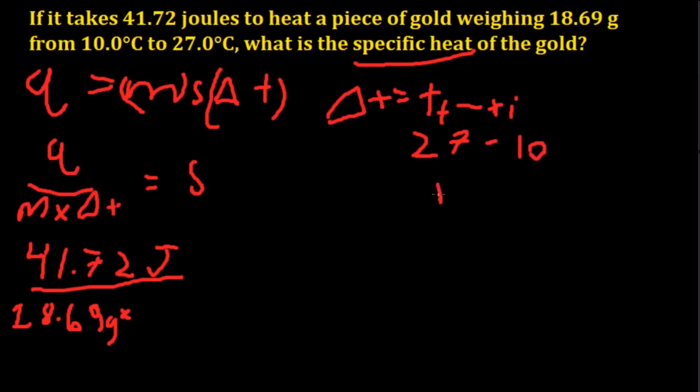Therefore delta T will be 17.0. This is a degree sign, sorry, degrees Celsius. So we put that in there, 17.0 degrees Celsius. Now when we do some multiplication, it'll be